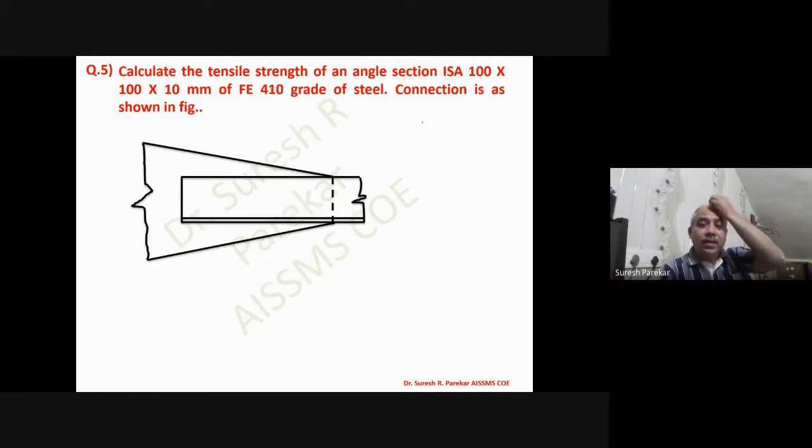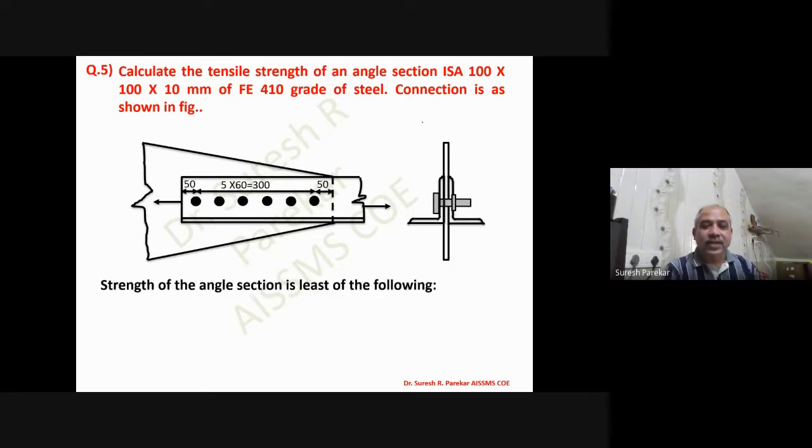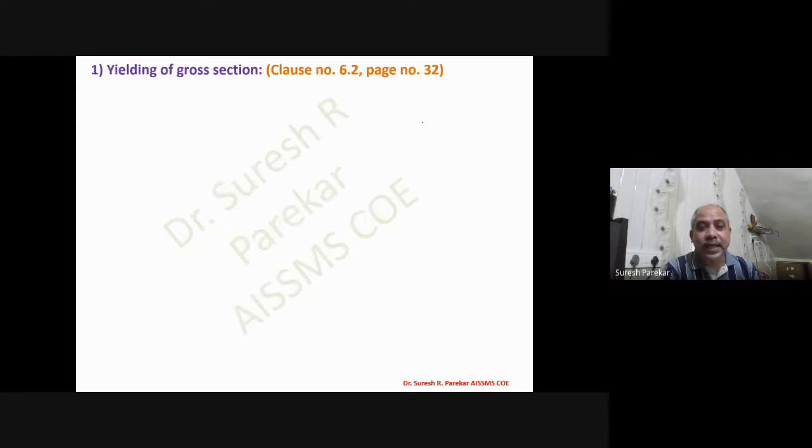Then we have one problem of an equal angle section. Now I will just show that as your number of bolts increases, your strength automatically increases, because your value of beta increases. As beta increases, Tdn also increases, and definitely Tdb1 and Tdb2 increase because of the Avg and Atg values. So when your connection has more number of bolts, your failure criterion will not be block shear strength, and that generally goes to yielding of the cross section.